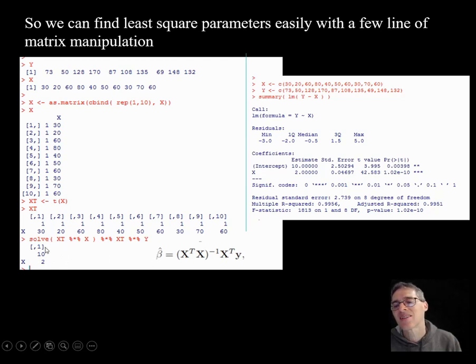parameters. So these are the parameters that guarantee that the residual sum of squares is minimized. In this case, this is redundant to the algebra that we did for simple linear regression, but because this is in this notation, we can expand this to any number of variables. We can use the same equation, right? So with very little typing, I can recover the 10 and the 2, which are the correct parameters here. And of course, this matches up with what you get in R when you type summary lm y tilde x, and it matches up with the derivatives that we took for the simple linear regression in the previous